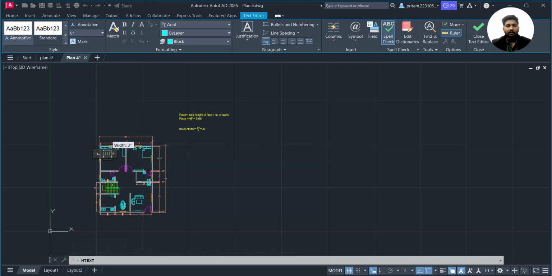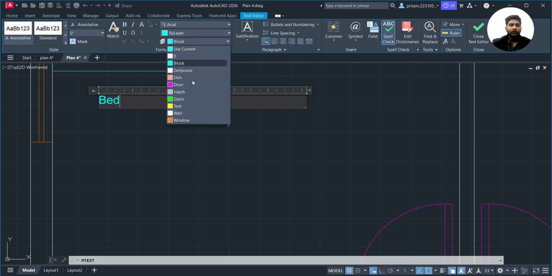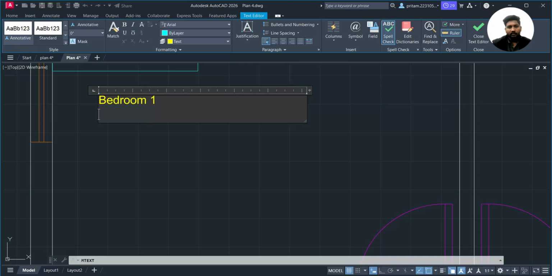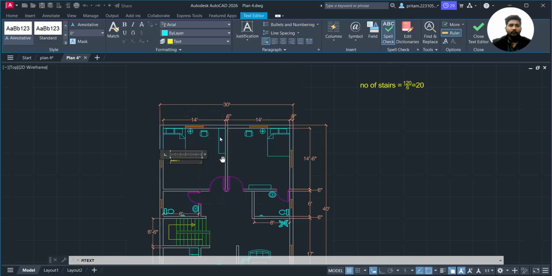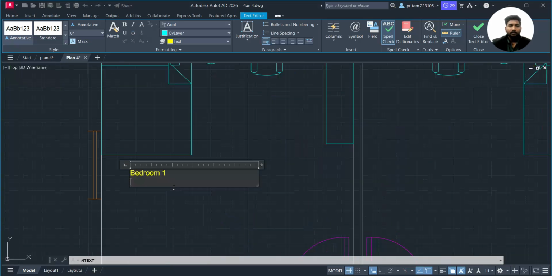We just drag it and make it small, and here you can type whatever you want in the form of the layer. We have to choose the layer, and we will be choosing the text format. Just choose the text. Here, bedroom 1, the size of the bedroom is about 14 feet. First of all we take the 14 feet, the width, and then the length. Its distance is 14 feet cross 14 feet 6 inch, and we just select both of it,